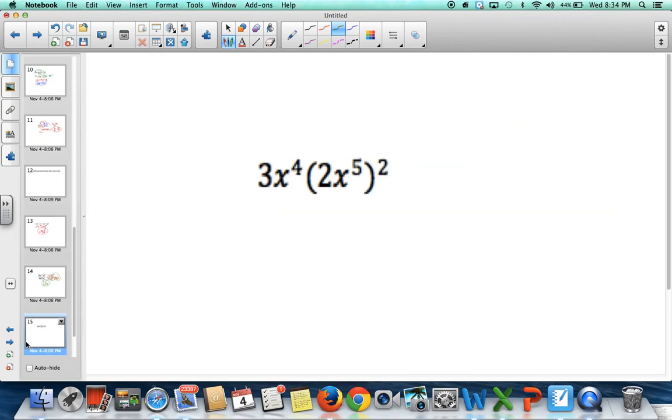And the last one I want to go over is this one with the parentheses. So the first step is to deal with this parentheses, and the 2, basically what this means is,